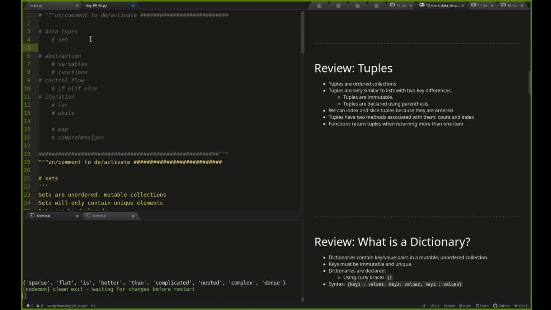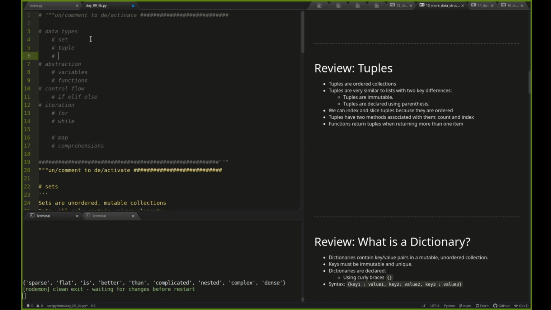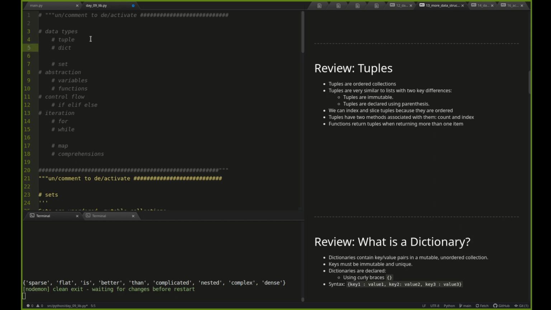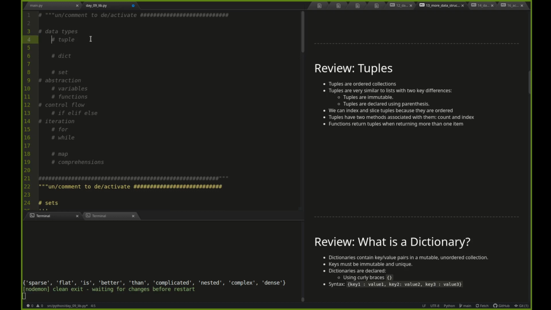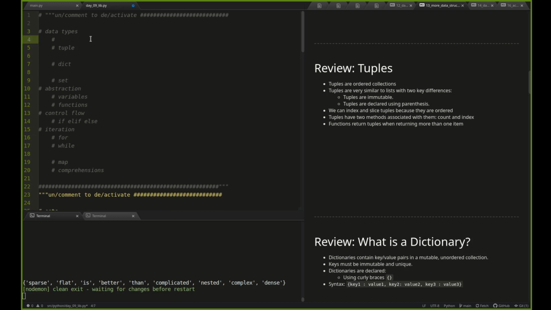Sets, tuples, and dictionaries. Let's do this. Whoops. And we'll put sets down here at the bottom. So I'll put tuples up here with the